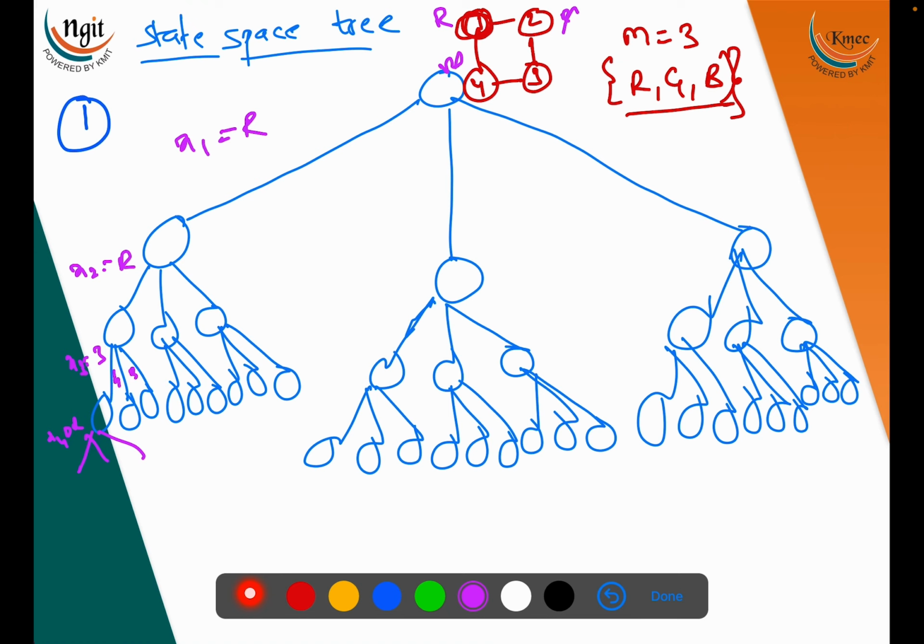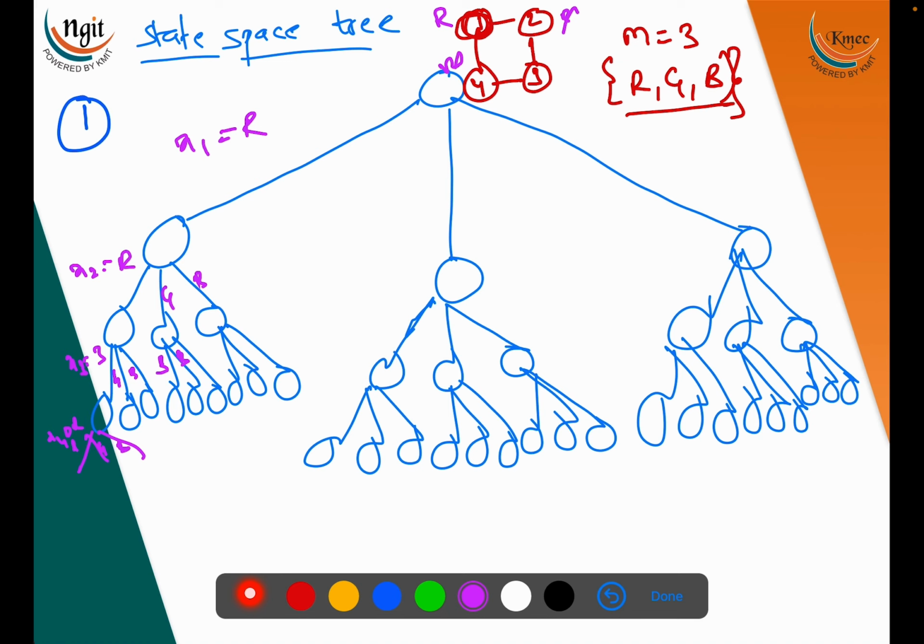And here also, if it is red color, it is green and blue. The same, if it is red color, it is green and blue. If it is already green and red is done, it can be blue. It can be R, G, and again B. Right. Now let's see. This is your state space tree, and here you will have the